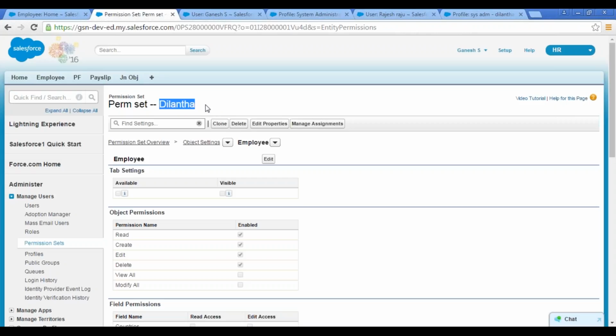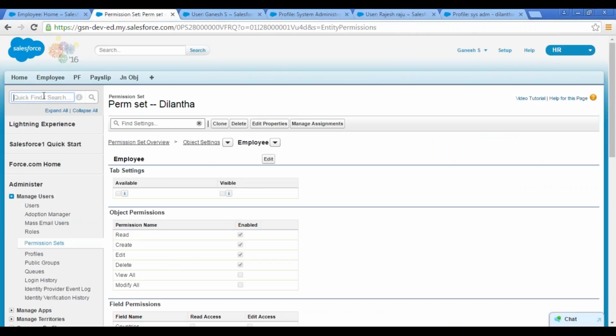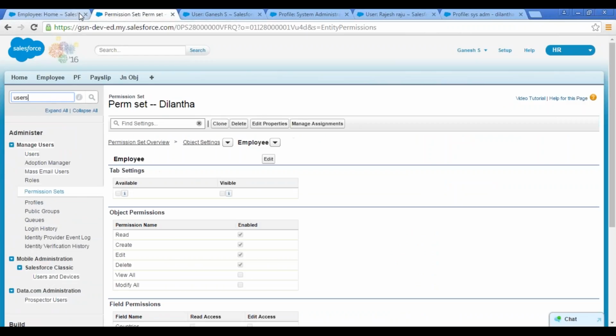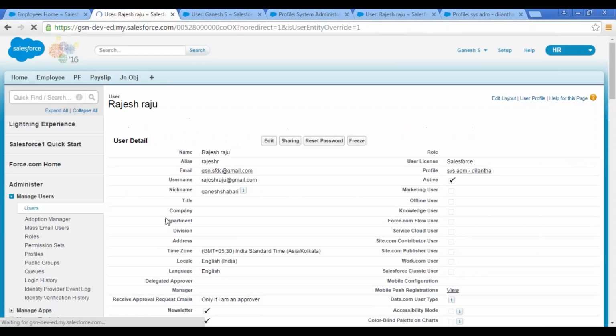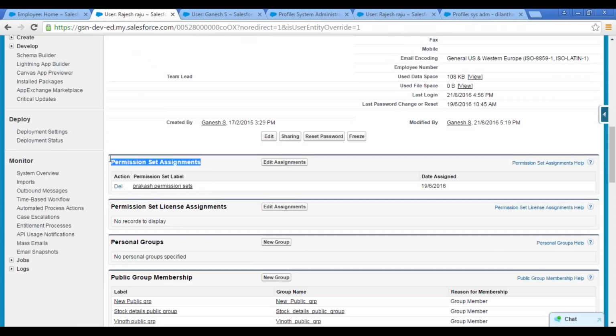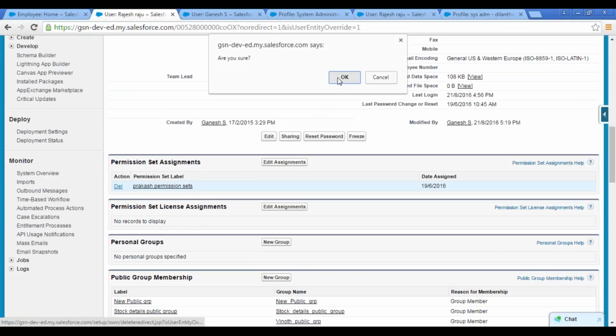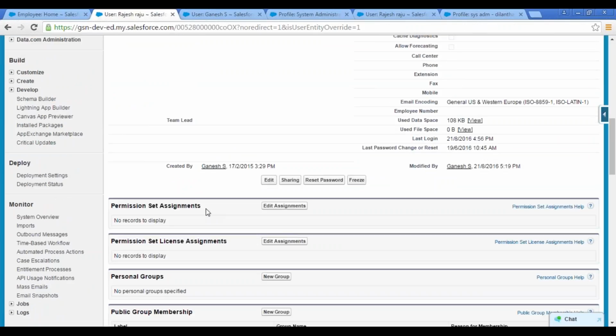Now we have to assign this permission set to this user. So where to go and assign the permission set? Just go to users, go to that user and come down. If you come down, there will be one area called permission set assignments. Okay, already I have assigned one permission set. So let's delete that. So now for the second user, there is no permission set. So let's check before